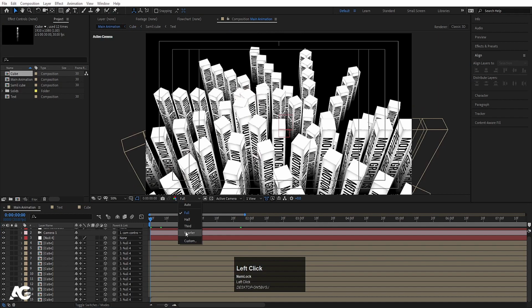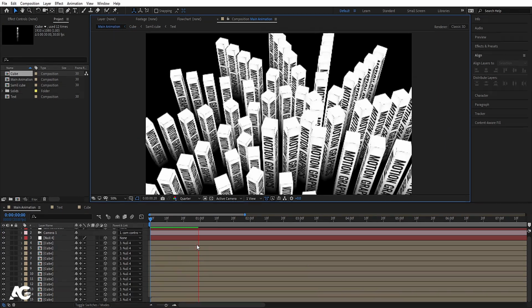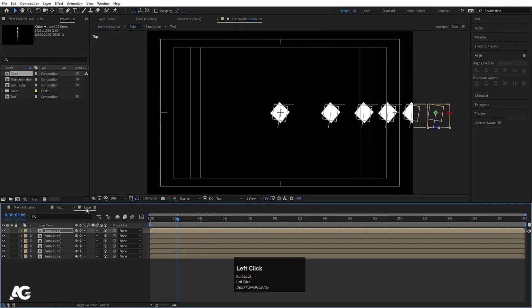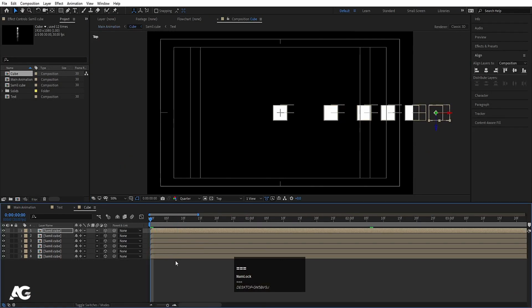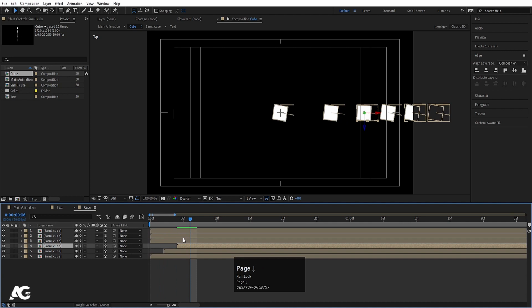Okay, so let's choose quad resolution. So now we are gonna get something like this. Now what we need to do, let's go to the start. Hit page down button two times, select this, move this over here, page down button two times, move this over here,